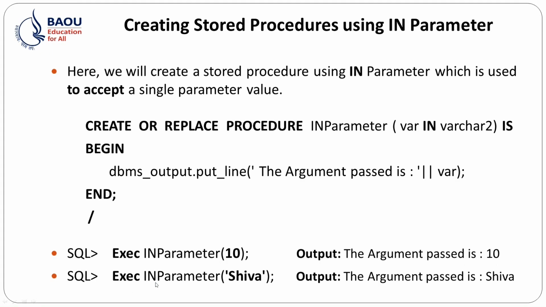Same as when we execute another time and pass the value Shiva. So it will pass in a variable, and this variable here displays the Shiva. So the argument pass is the Shiva, right? So how to execute the IN parameter? Like this. This is the procedure, and how to execute: when we pass the value, then it will pass in a variable and it will store this passing value and display it. Now